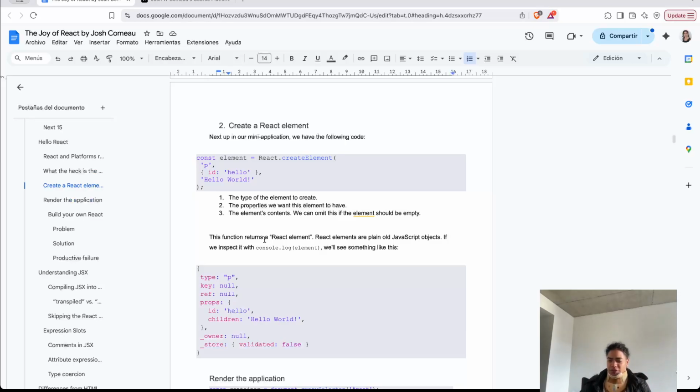So all of this is very interesting because we're starting to create our own React behind the scenes. We understand that at the end of the day, React is this React createElement, all right? And then as we move down to this,